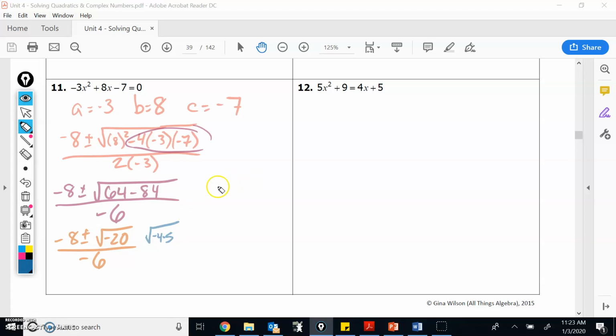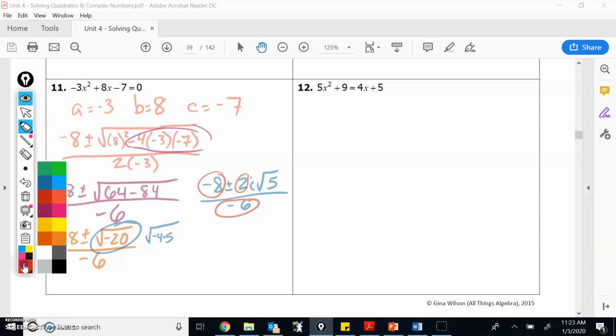You do need to take the i on the outside. So we're going to have negative 8 plus minus 2i square root 5. 2i square root 5 came from how you simplify the square root of negative 20, all divided by negative 6. Then we can do that simplification style. We can simplify negative 8, 2, and negative 6, all the numbers on the outside of the radical, dividing them all by their GCF, which is 2. So we get negative 4 plus minus i square root 5, all divided by